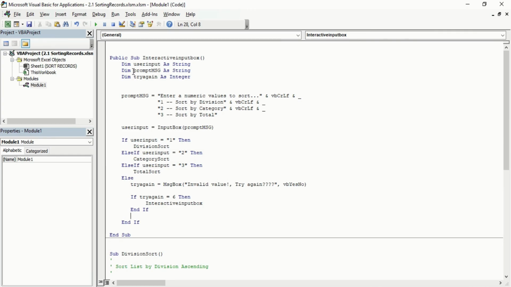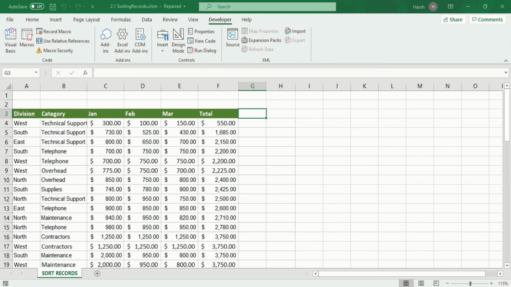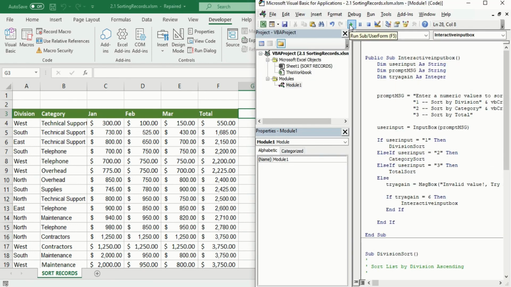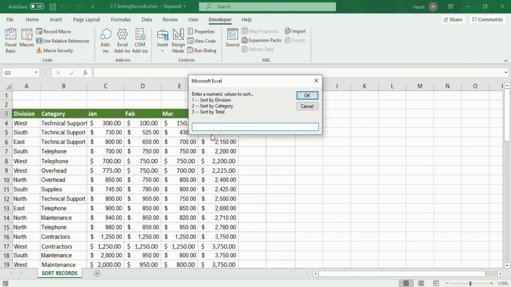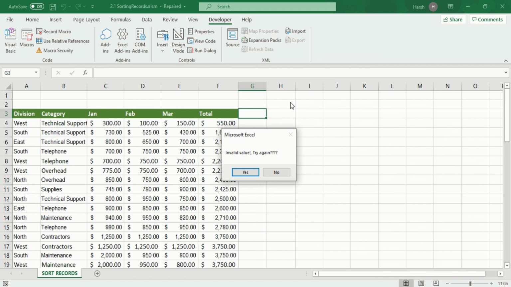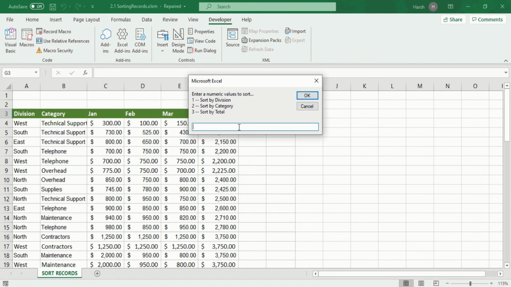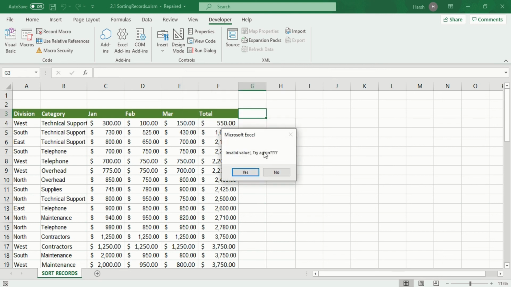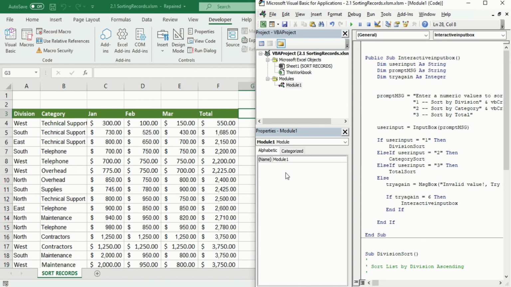Again, we will put on the side screen in here. After that, just run this, and like if there is certain value that is apart from this, so we will put 4. We put OK. Now invalid value, that is OK, that we put in alert. Then invalid value, try again. Yes, I want to try again. Then again it will run. So again it will ask me, and what will happen when I put no, click on 4 again, then try again. No, do not want to try again. So it will return to the Visual Basic Editor because it is now stored in the try again variable.